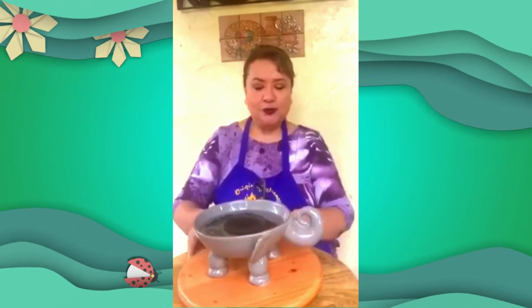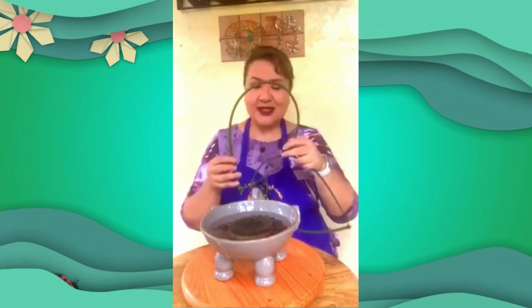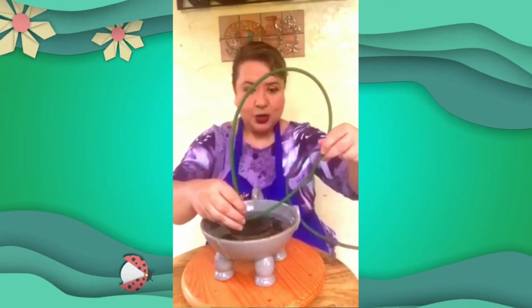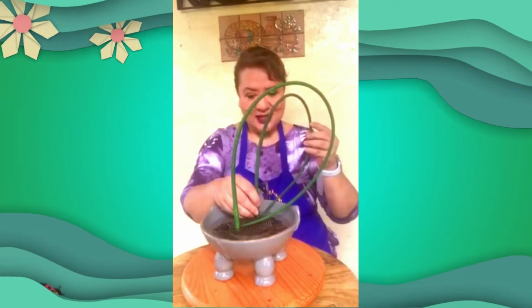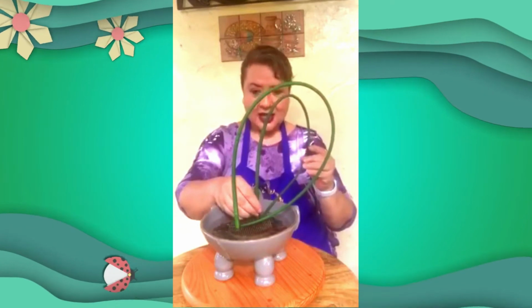Okay, so we're going to start. Because the bowl is round, I chose to use snake plants as a frame to continue the shape of the bowl. This is the snake plant, and I already shaped it so that it will be shaped like a round frame. Okay, so I'm going to do the frame of this arrangement so that we can show you